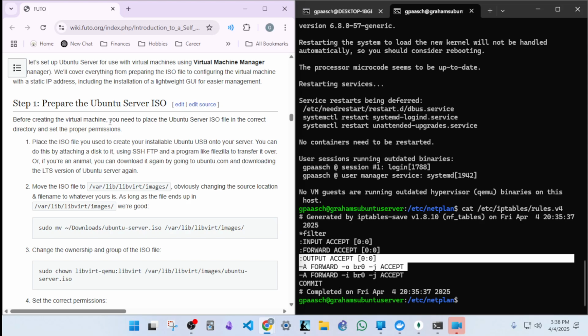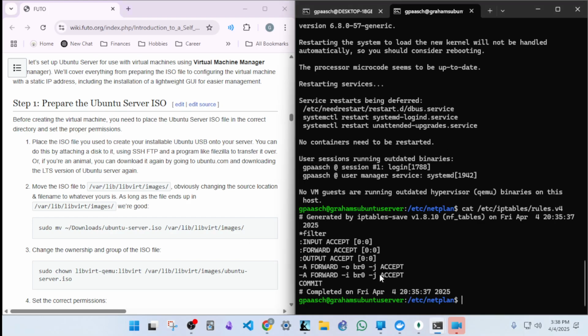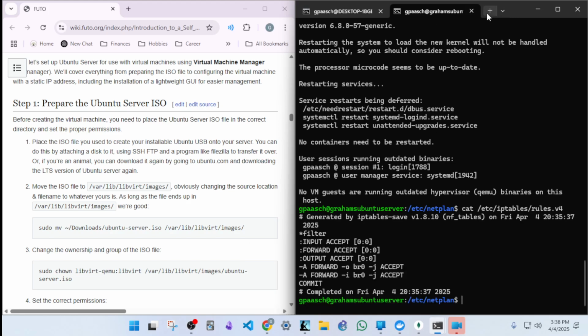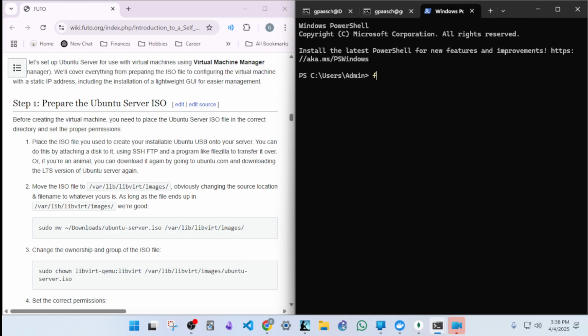You can do this by attaching a disk to it using SSH FTP and a program like FileZilla to transfer it over. Or if you're an animal, you can download it again by going to ubuntu.com and downloading the LTS version of Ubuntu server again. So let's use FTP. To do that, we're going to create another tab here. We're going to do FTP